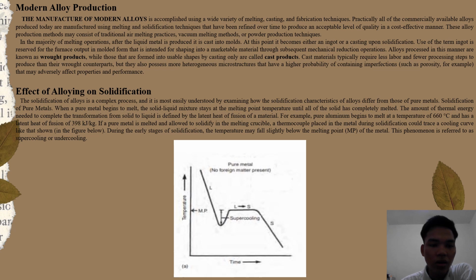1. Effect of alloy on solidification. The solidification of alloys is a complex process, and it is most easily understood by examining how the solidification characteristics of alloys differ from those of pure metals. The solidification of pure metals: when a pure metal begins to melt, the solid-liquid mixture stays at the melting point temperature until the solid has completely melted. The amount of thermal energy needed to complete the transformation from solid to liquid is defined by the latent heat of fusion of a material. For example, pure aluminum begins to melt at a temperature of